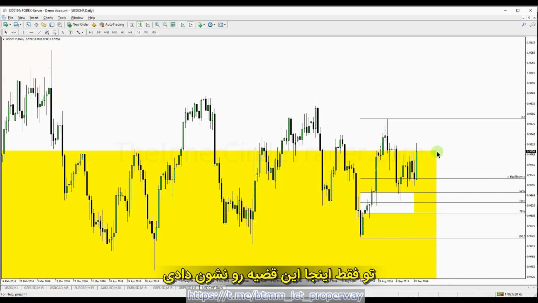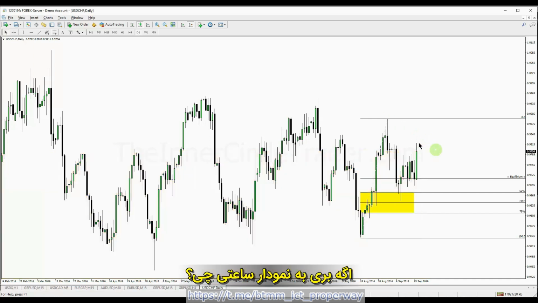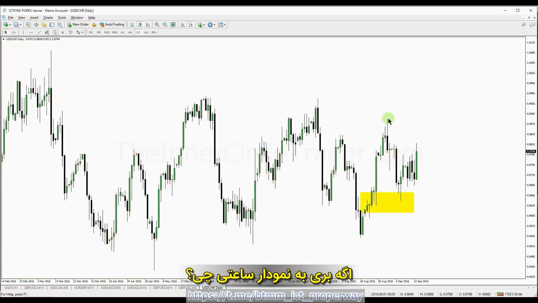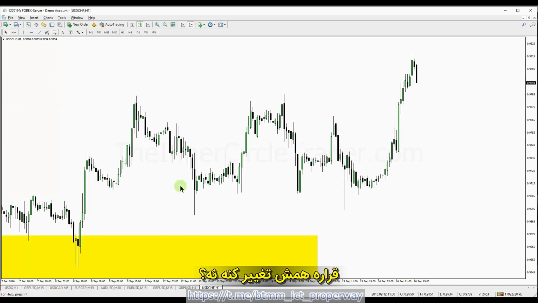You just form fitted this one. This is probably only working on this chart here. What happens if you go into an hourly chart? Suddenly it's all going to be different, right? It's going to be different. It's all going to be different. Well,